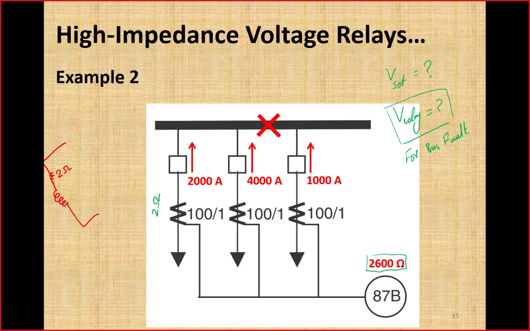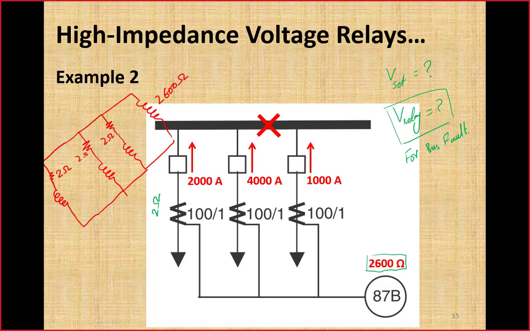Then the second is 2 ohm, again the series impedance in series with the magnetization branch. Then the third circuit in the same way in parallel, that is a series combination of 2 ohm series impedance in series with the excitation branch, and the parallel combination of these three CTs have been connected across the high impedance of the voltage relay,